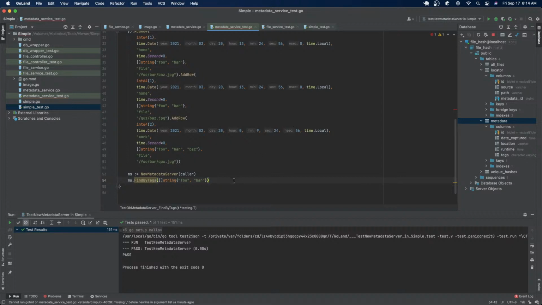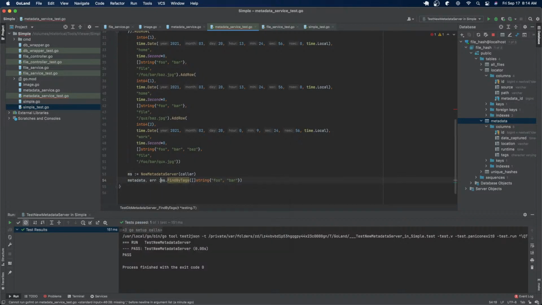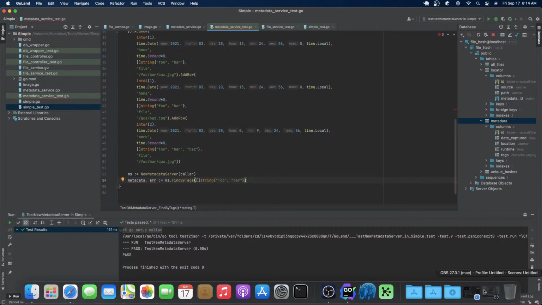So I will find by tags, and the result is metadata error. All right, I'm going to go ahead and stop the